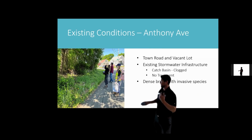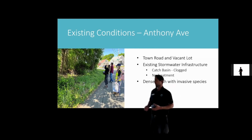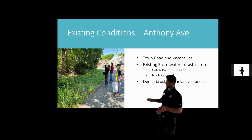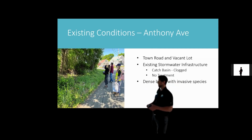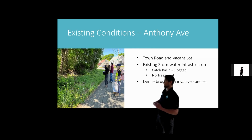So this lot is on the corner of Cliff and Anthony Ave. It's town owned. Currently, the drainage isn't necessarily functioning properly. There's been a lot of changes over the years, as far as what the historic drainage was and how it was improved or upsized. So there's some funky stuff going on, just tough to figure out from a retrofit perspective. And as you can see, it was just dense with vegetation. There were a few native trees that we're going to try to save out there. But definitely we're going to try to clean this up and also provide some